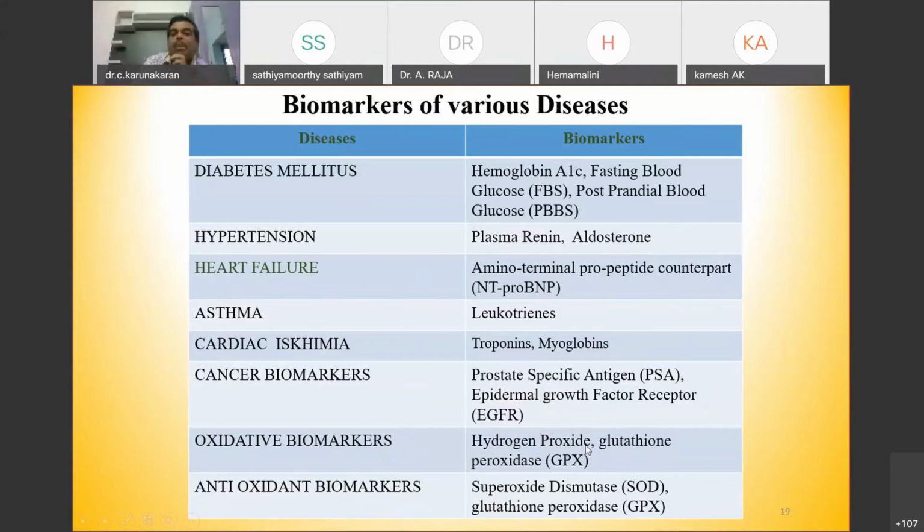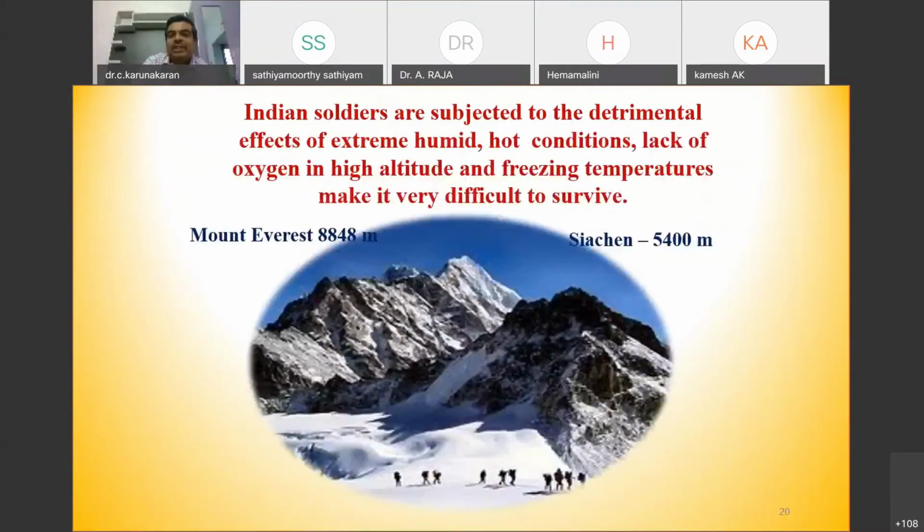For each disease, for each pathology, there are several biomarkers. Once you identify the biomarker, you can easily develop the biosensor. We have carried out a collaborative research project with the DRDO, where at high altitude, for example, Siachen and Mount Everest, the oxygen level is very, very low. Therefore, the Jawans, the military soldiers, once they are deputed to hill regions, they will